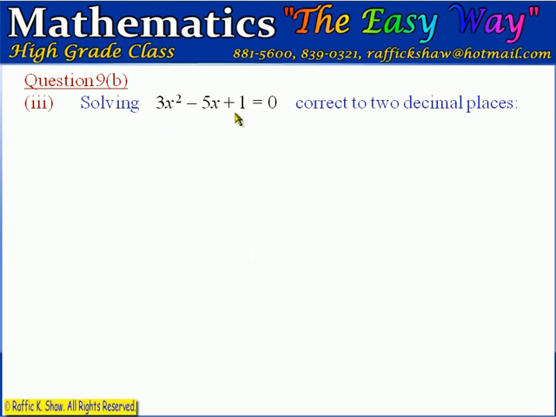Now part 3 wants us to solve this quadratic equation, giving our answer correct to 2 decimal places. Now this quadratic expression is the same quadratic expression from the function, and so we could use a vertex form for this expression to solve this equation, right? And seeing that we are told to give our answer correct to 2 decimal places, that's an indication that this quadratic equation cannot be solved by the method of factorization, meaning this quadratic expression cannot be factorized in a normal way. And so the popular method to solving quadratic equations of this form is to use the quadratic formula,